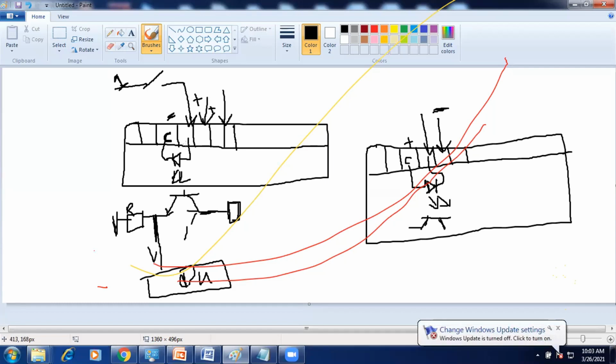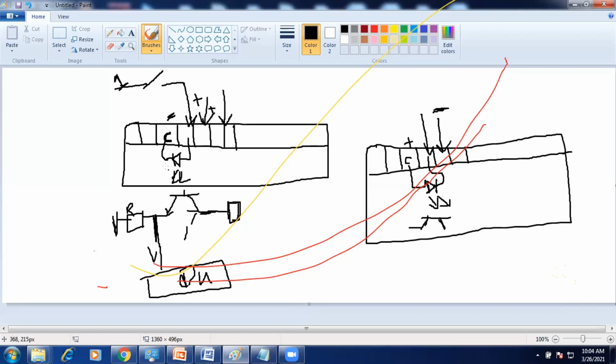Based on the connection, source input or sink input, the LED connection will differ. Why? Because on the anode side we compulsorily need to give a supply, and on the cathode side we need to give a ground. So based on that, the connection will change. Source input, sink output. But the internal process will be the same for source input and sink input.